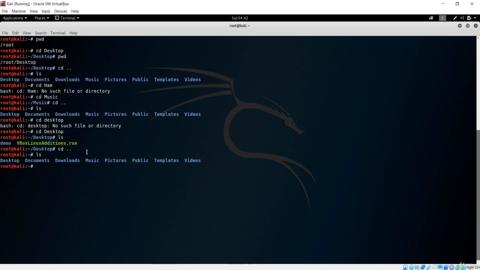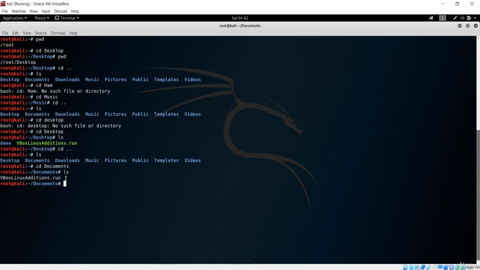So this ls is to list all the files and folders in the current directory. If you want to go to Documents, you'll say cd, which is for change directory, and I'll say Documents. It should be Documents, and if I say ls, it has only this file over here, so it is just showing the folders inside that current directory.